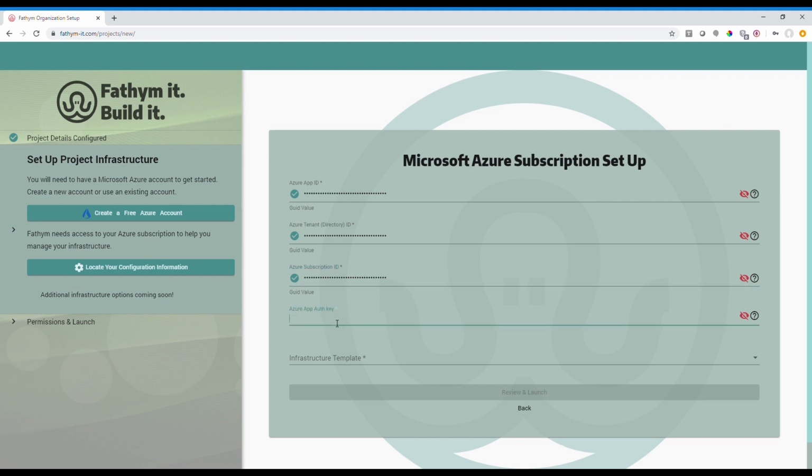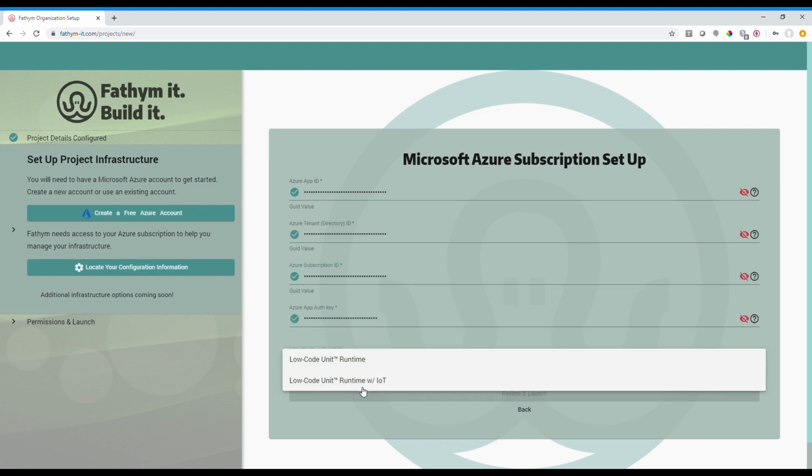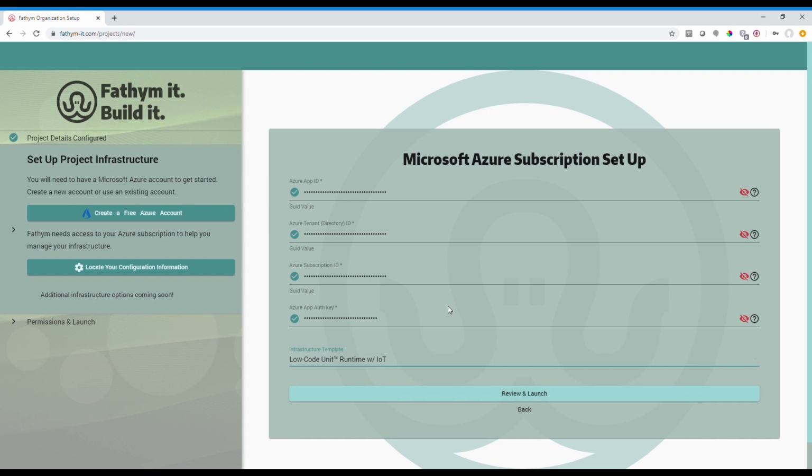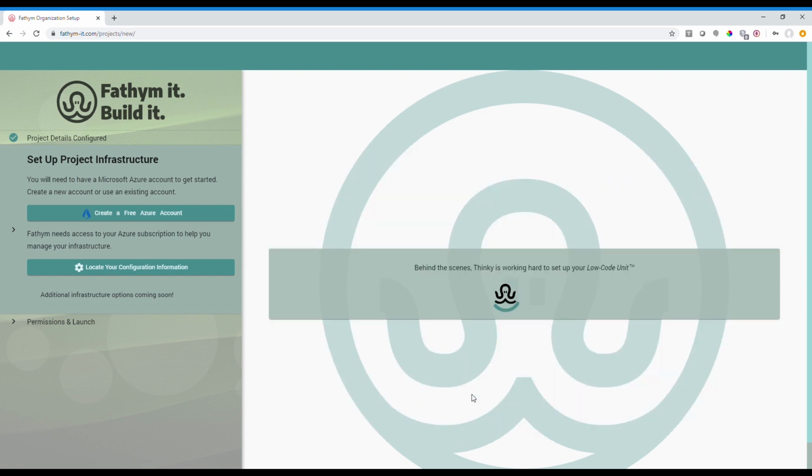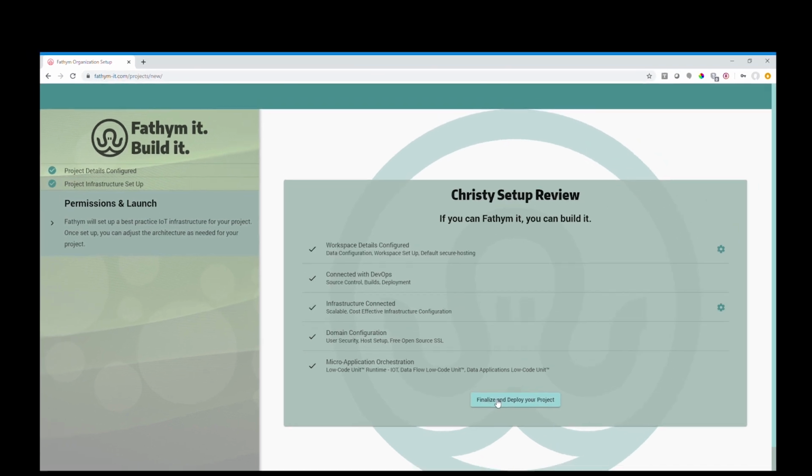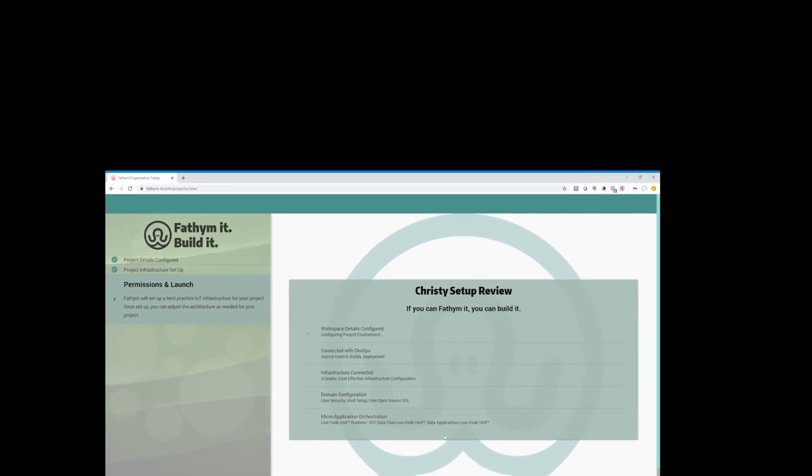Now you can choose your infrastructure template. The first one's perfect for web apps or data applications. The second is meant for Internet of Things projects and streaming real-time data. Now click Finalize and Deploy, and behind the scenes, Fathym will create a personalized version of the Fathym framework on